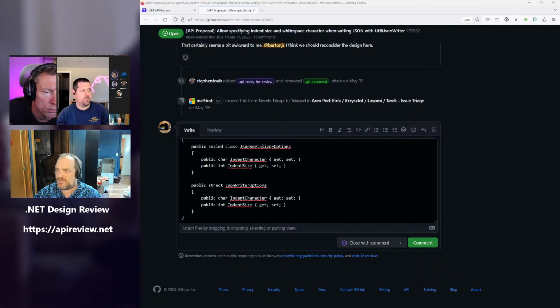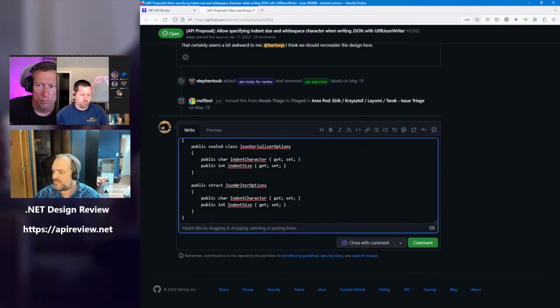The thing that I'd be most concerned about is that a lot of APIs that have indent that I've worked with, when they have these two things, basically have the indent string and then the level of indentation that you're currently at.